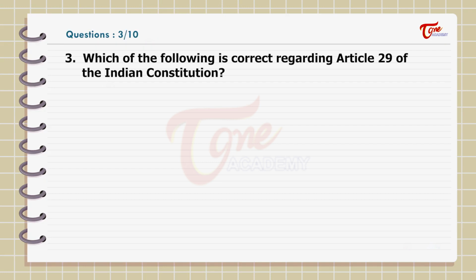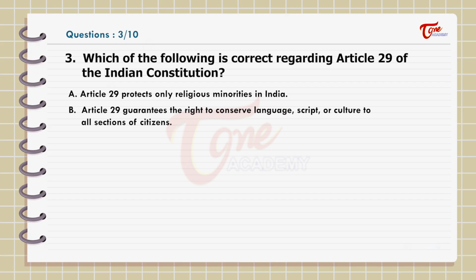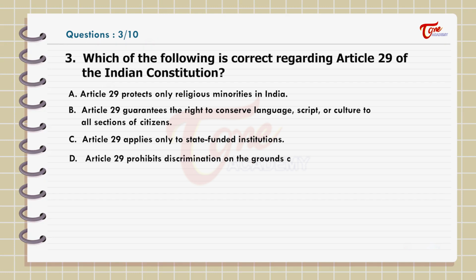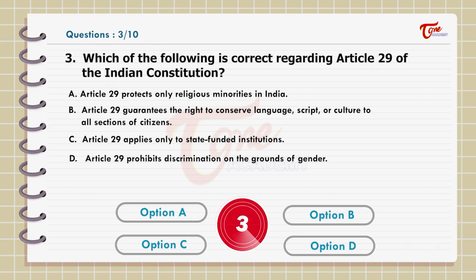Which of the following is correct regarding Article 29 of the Indian Constitution? Options: A. Article 29 protects only religious minorities in India. B. Article 29 guarantees the right to conserve language, script, or culture to all sections of citizens. C. Article 29 applies only to state-funded institutions. D. Article 29 prohibits discrimination on the grounds of gender. Answer: